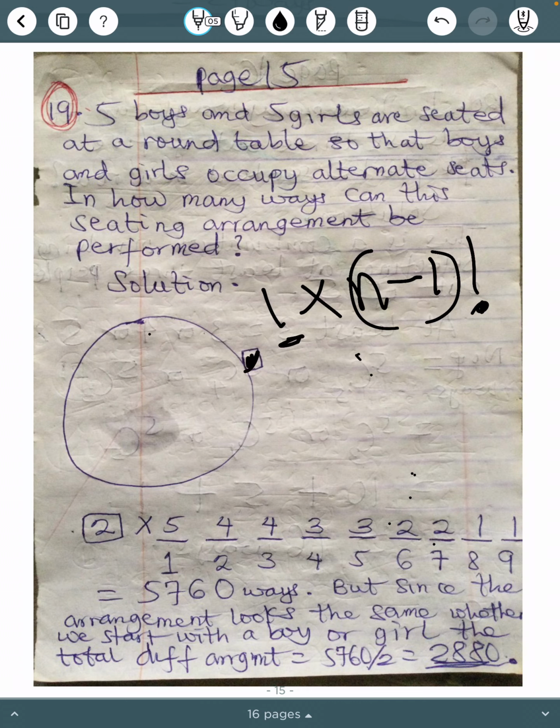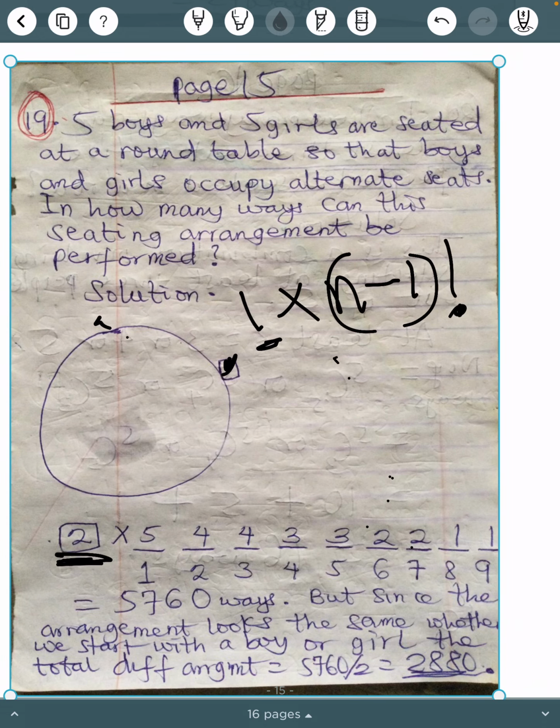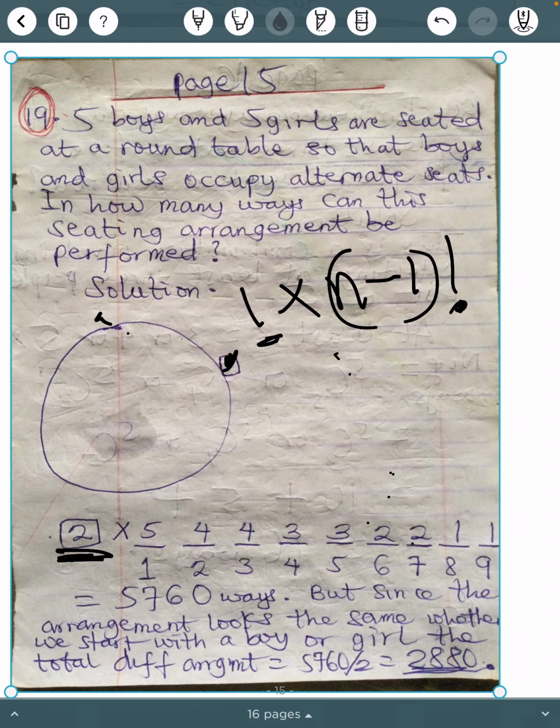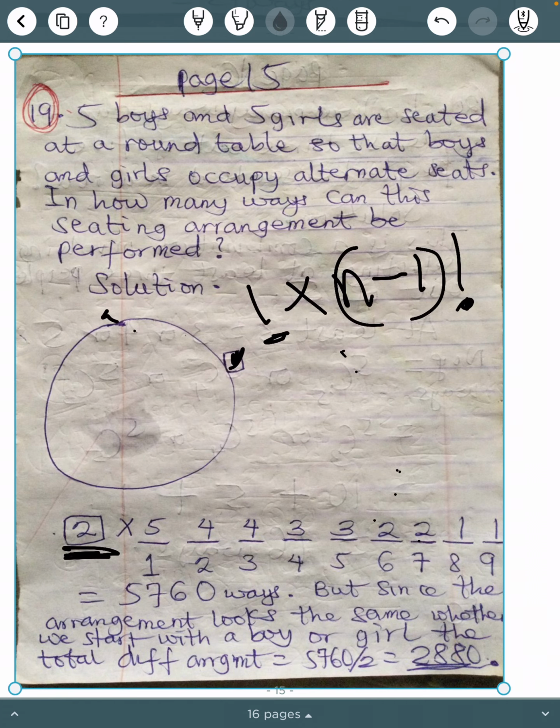So this first person can be here, it can be anywhere. But now, stand the first person somewhere. The first person now here can be a boy or girl. So there are 2 ways of doing that. 2 ways of seating the first person in the round table. After seating the first person here, the first person is a boy or girl. There will now be 9 other persons to sit. 1, 2, 3, 4, 5, 6, 7, 8, 9. 9 other persons to sit means